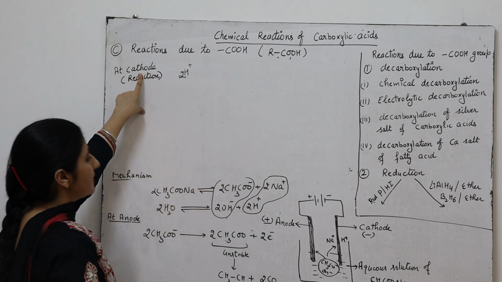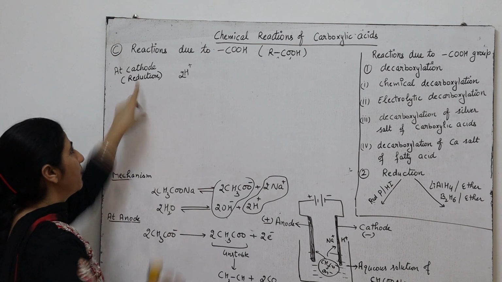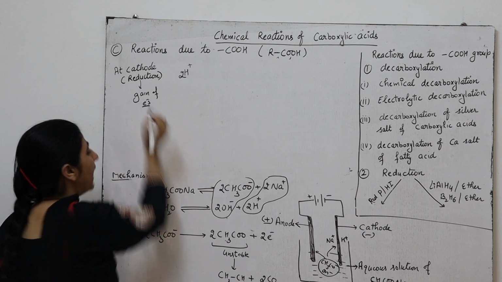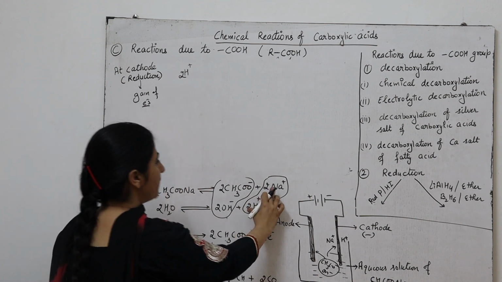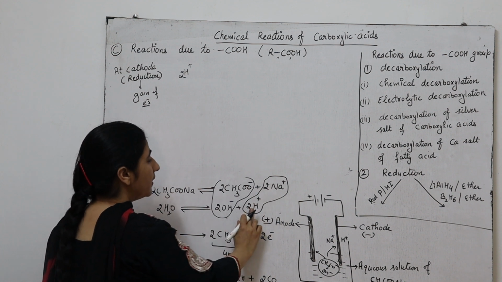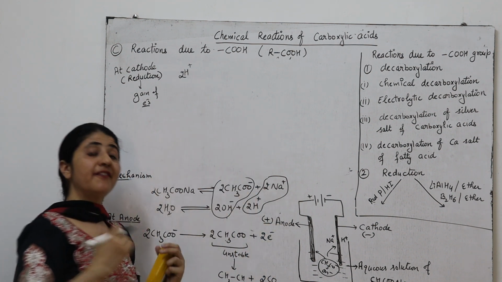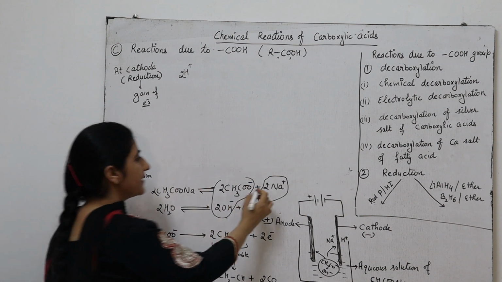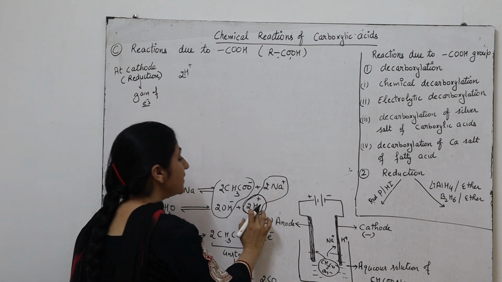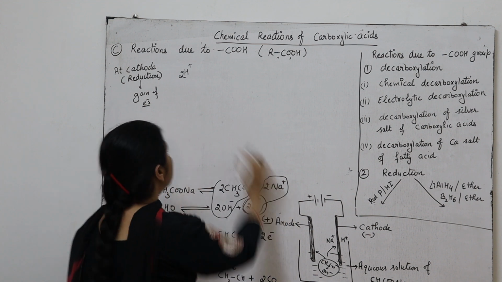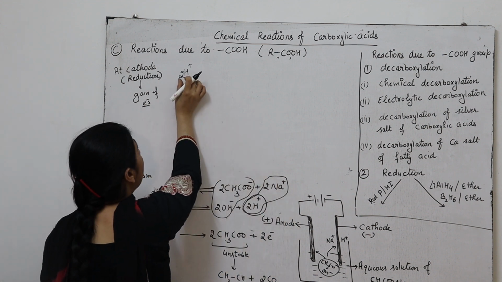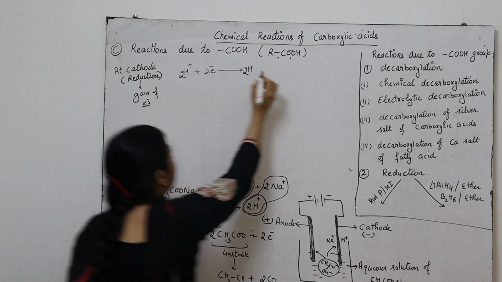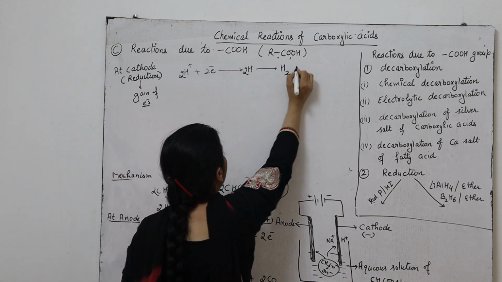On the opposite electrode, the cathode, reduction takes place. Reduction means gain of electron. At the cathode we have two types of positive ions, sodium ion and H positive ion. Both ions don't get reduced; only one has a tendency to get reduced. The H positive ion has a higher tendency to reduce as compared to the sodium ion. So the H positive ion gains an electron from the electrode to form a hydrogen atom, and two hydrogen atoms combine to form hydrogen gas.